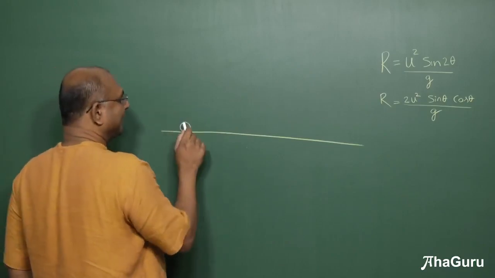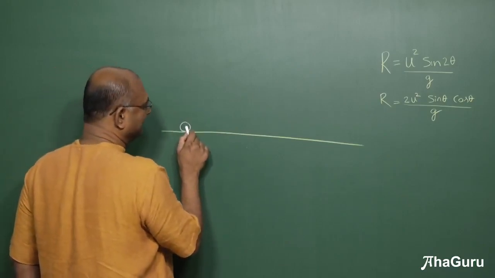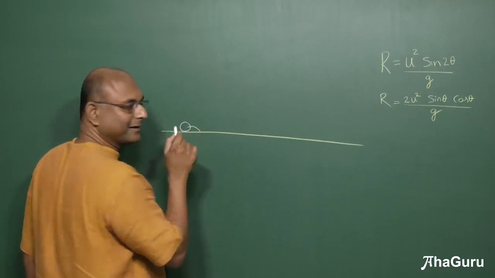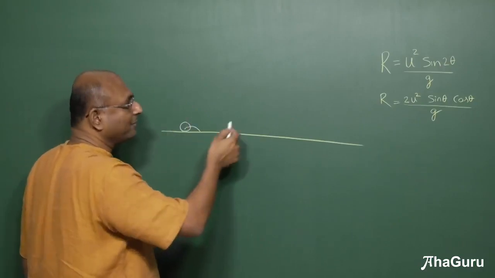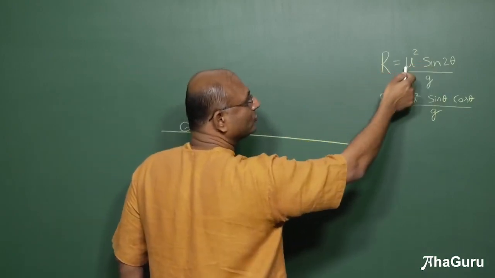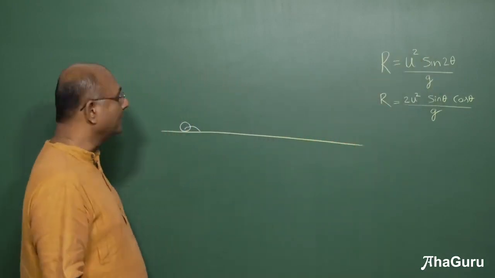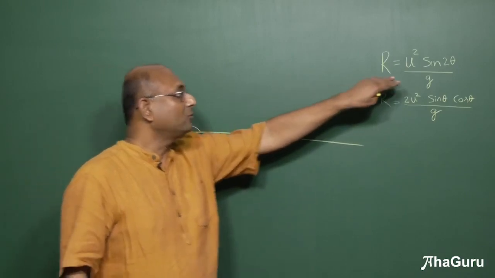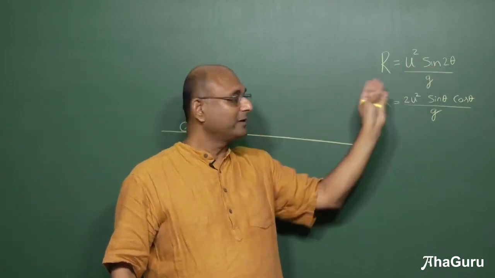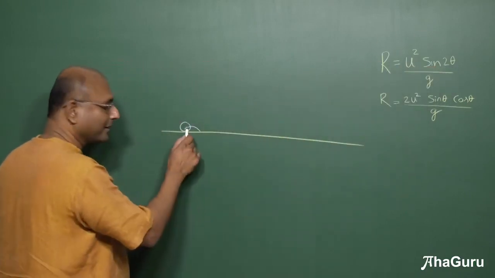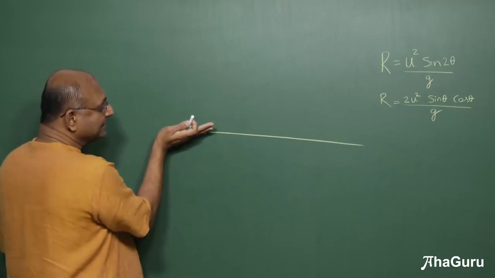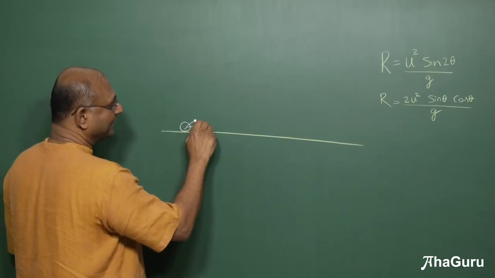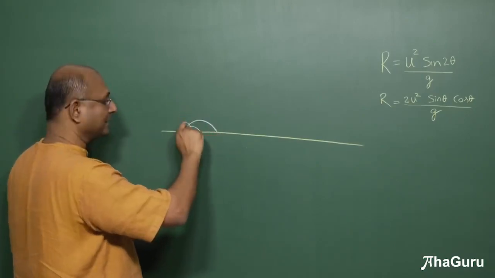So suppose the angle was very small, then what is going to happen? It's going to come here. Why? Because though the speed is high, it's not going to go very far. You can see this formula, u square sine 2 theta by g. When theta is very small, sine 2 theta is basically simply 0. So this is going to be 0. It's going to just simply come back here. It has already hit the ground because there's no time. As I keep increasing the angle, you will find that this fellow's range will keep increasing.